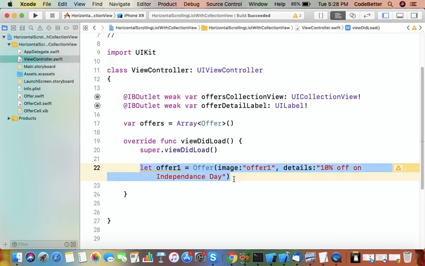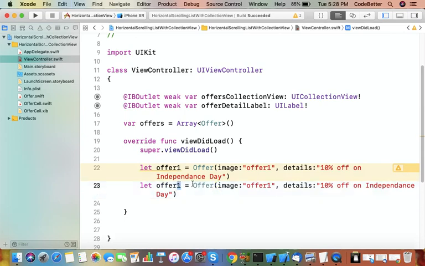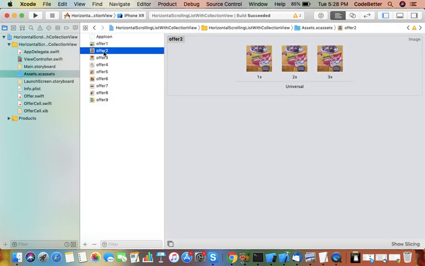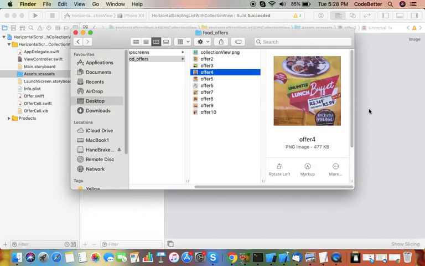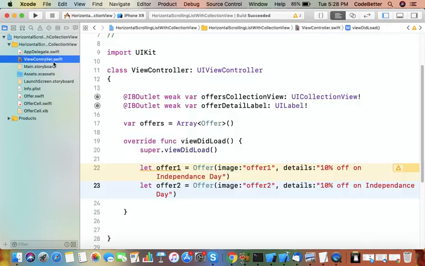In the same way, we can create another offer 2. Let's see what is offer 2. $149 unlimited food.